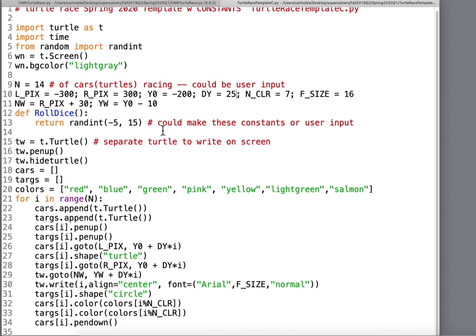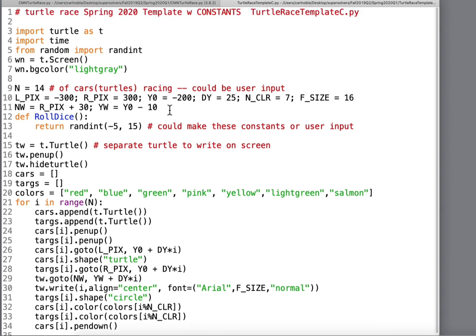So you could probably come up with a clever way that you could have this number tied to this number and so forth, but we're now getting to the point of trying to make it a production thing. And the other thing you could do is put a low and a high in here and make that a constant and change these two numbers in here. So it really depends on how much work you want to do. And if you're going to make it a product and an app, then you would obviously have to do that. You'll spend a lot of time on the cosmetics. I spend very little in this